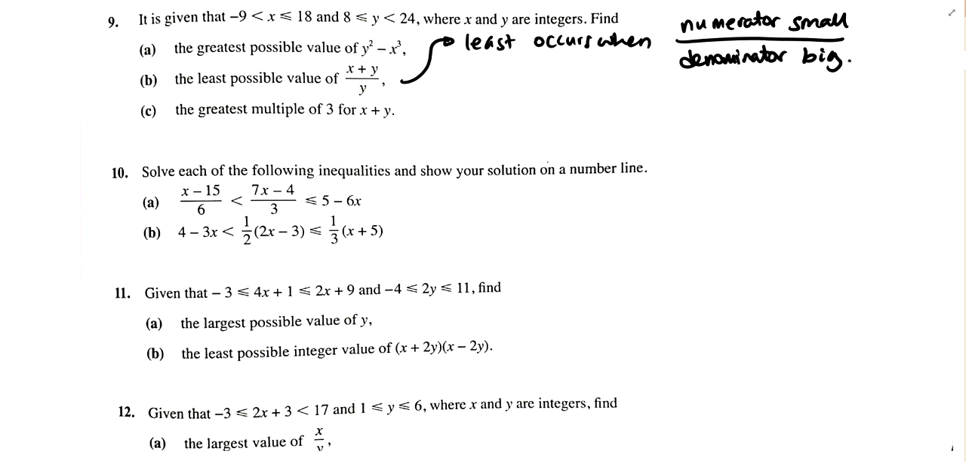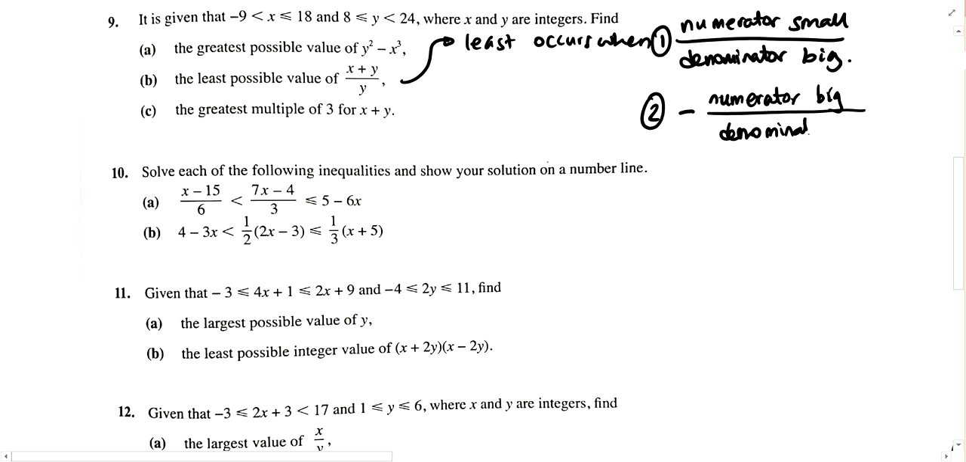Okay, is it then possible to get a negative fraction? Because a negative fraction will definitely be smaller than a positive fraction. This is for the first consideration. For the second consideration, we have a negative big numerator over a denominator that is small. Okay, so these are the two cases that we have to consider, and then we have to decide which